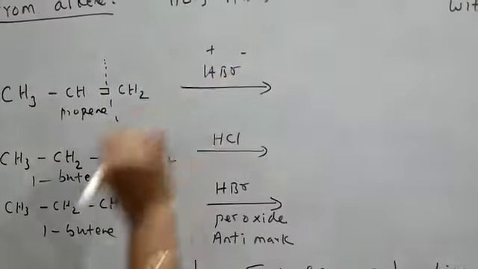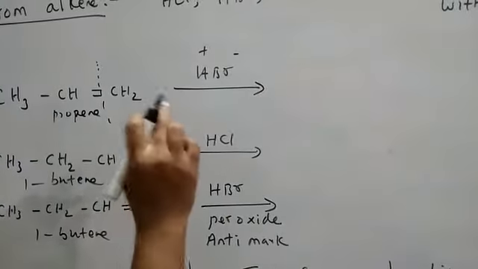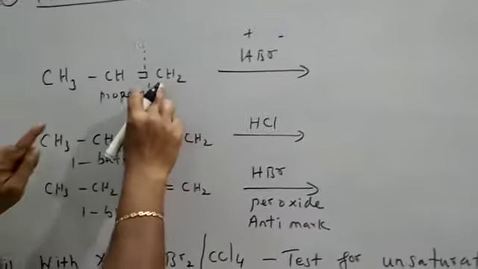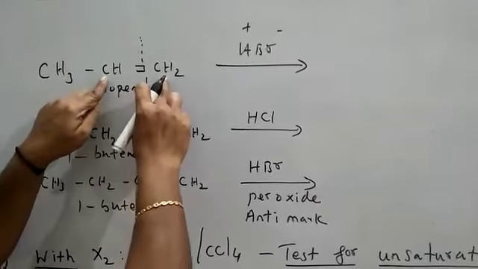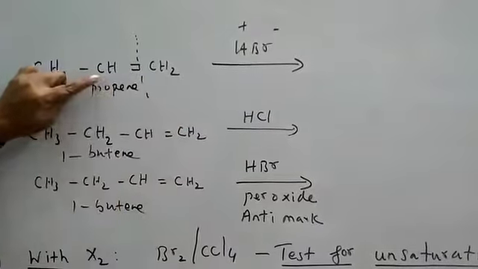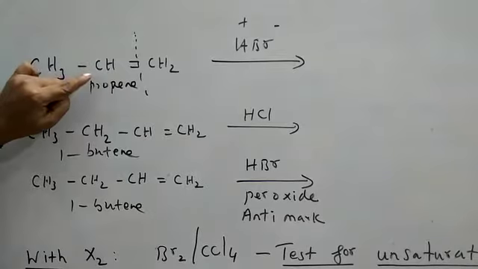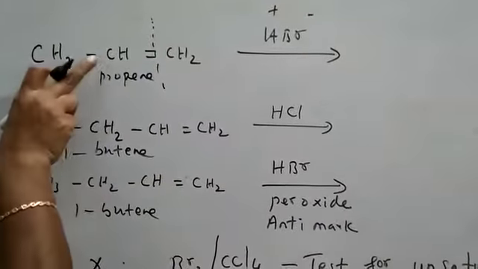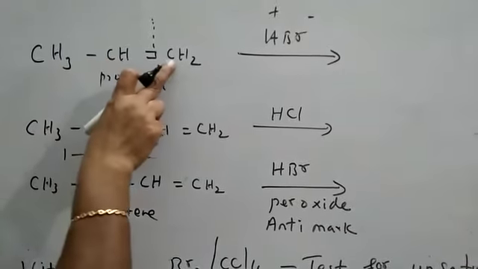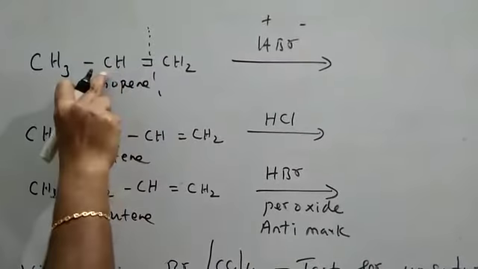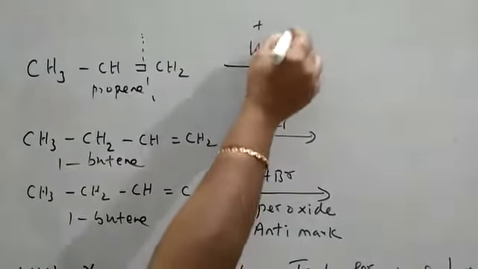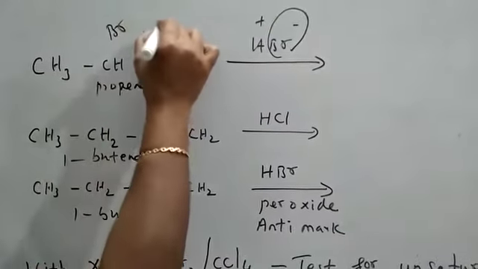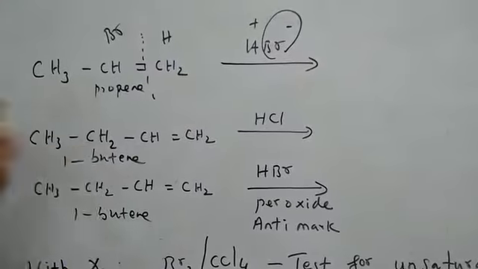It follows the electrophilic addition reaction. What is the negative part? Br minus. Look at the double bond here: the poorest is this carbon with 1 hydrogen. Poorest means across the double bond only you have to consider. This carbon has 1 hydrogen, this carbon has 2 hydrogens. So this is the poorest. The negative part, Br, comes and attaches here. So with Br here, H automatically completes the product.